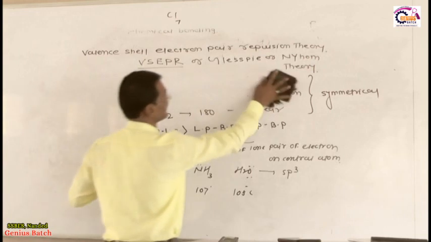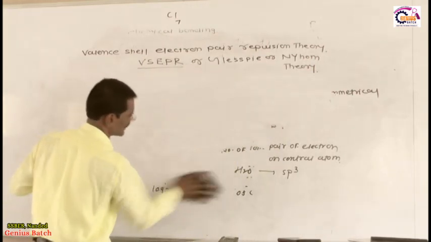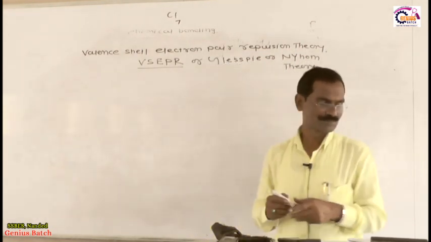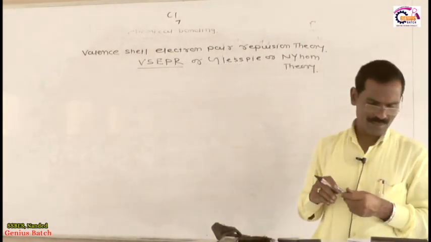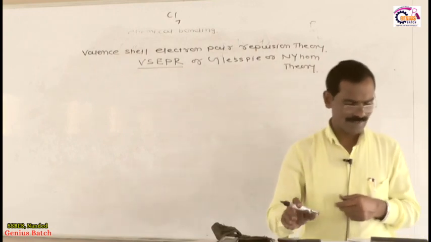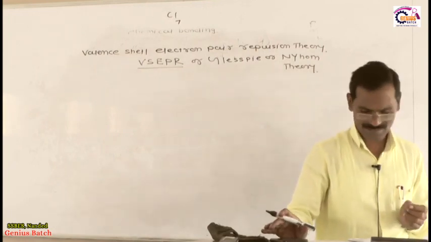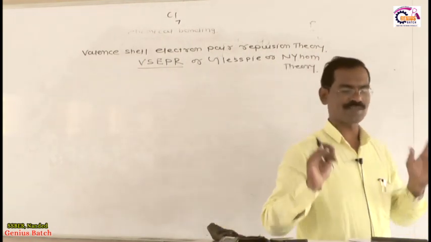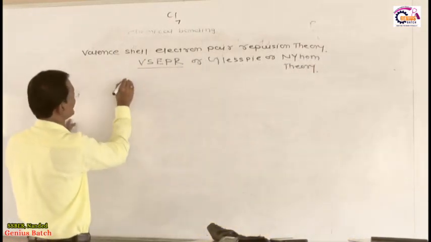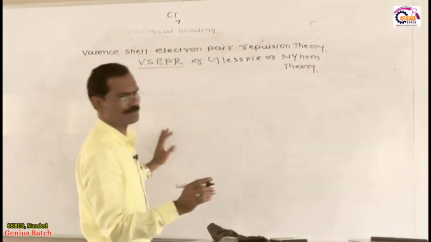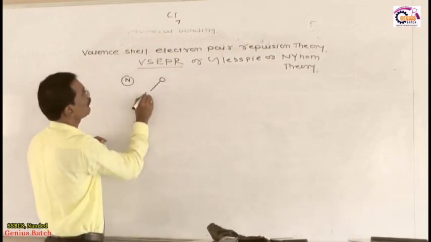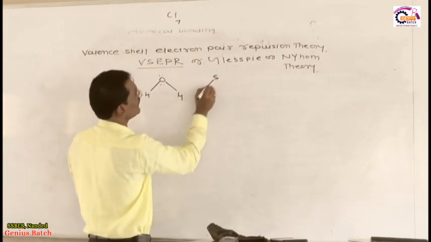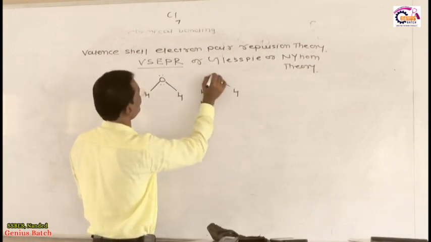Now the fourth case I am considering in front of you is a very interesting case related to VSEPR theory. If different molecules have the same central atom with the same number of lone pairs, then the bond angle depends on the electronegativity of A and B. Suppose this is the fourth case, very important. Suppose I have OHH, with lone pairs, and I have SHH, with lone pairs.